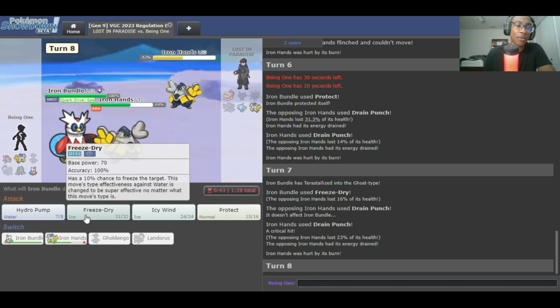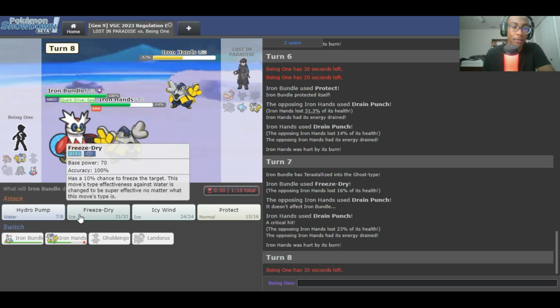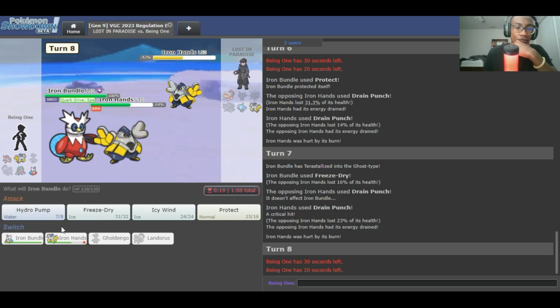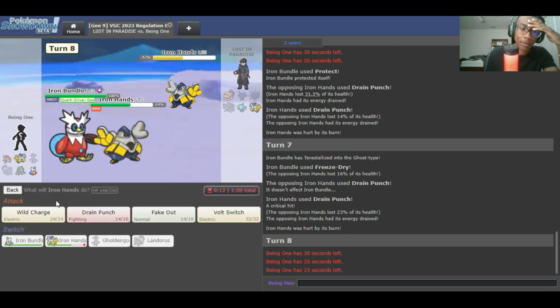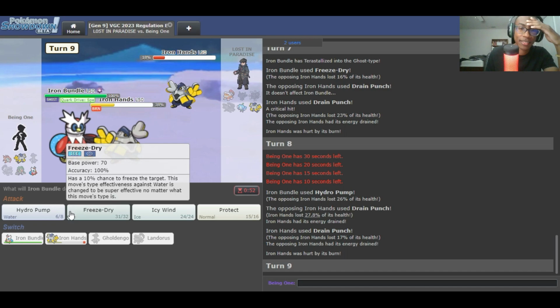So let's see, I crit with, oh, that was Drain Punch. So Ice Freeze-Dry did 16, so that's a 40 base power difference. I don't have time to do that math. But the more health I get back, the more health he's going to get back. I think I go for Hydro Pump this turn, because if I can keep him low enough... Yeah, right. Now I need to hit...